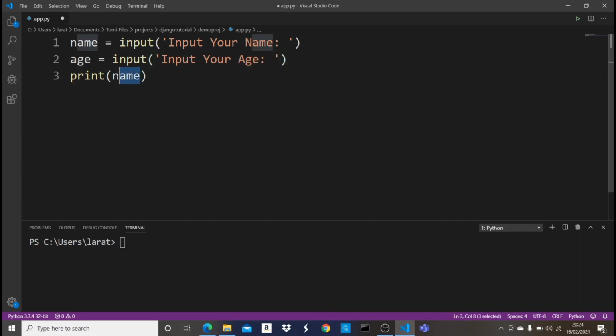What we want to print is your name is, and then we add the name, and then we say and you are, the age,